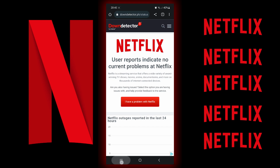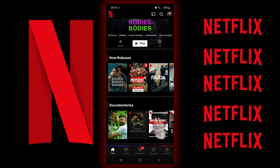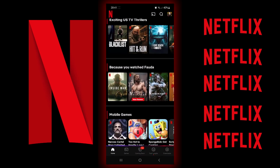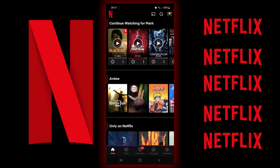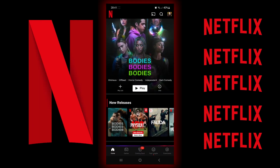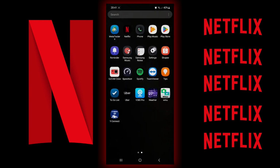So if there are no current issues but you still can't watch videos on Netflix, here's what you can do. First, check your internet speed. So you would need at least 5 Mbps to watch videos on Netflix. If you are still having issues, go to your phone settings,